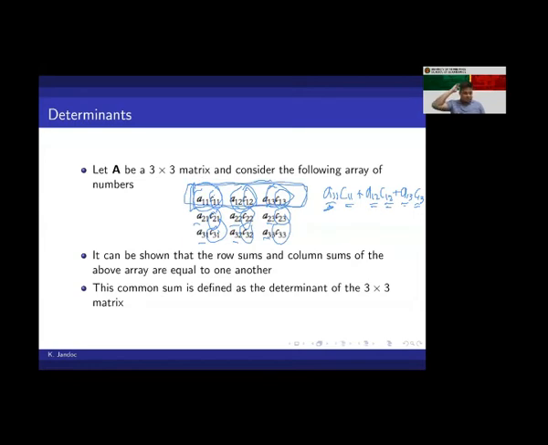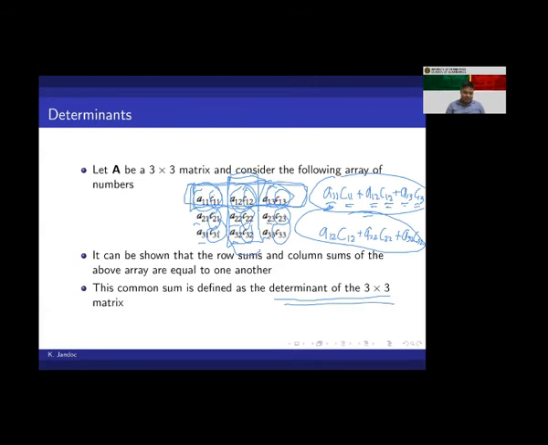is equal to the sum of any other row or column. For example, we take this column: A12 C12 plus A22 C22 plus A32 C32. Take the sum of the numbers in that column. These are equal. This will give you the same number, and that same number is the determinant of that